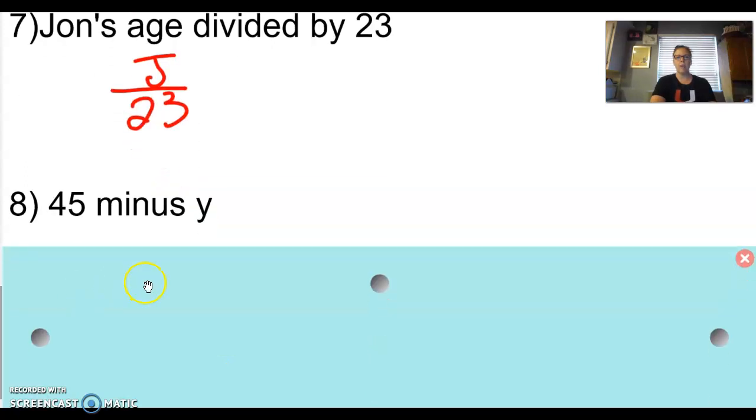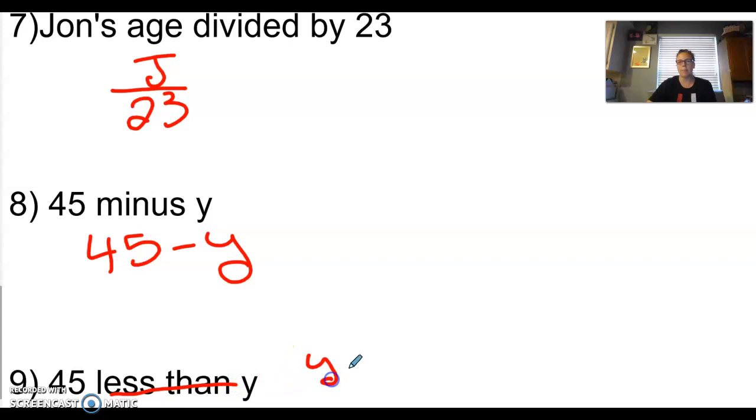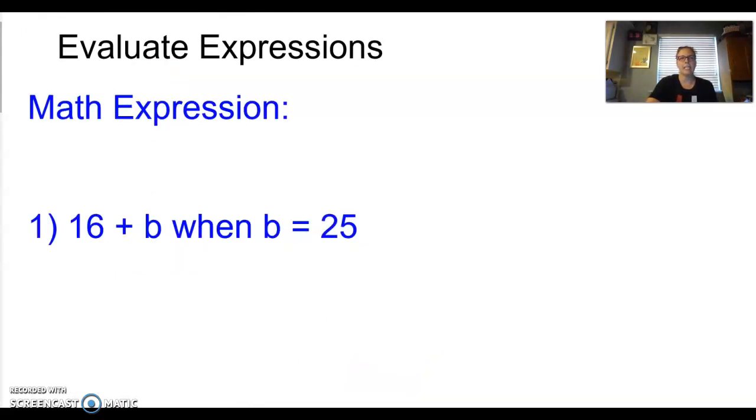Okay. 45 minus Y. So remember, you guys can pause, because I'm trying to get it done. 45 minus Y. Or the less than, remember we have to do the opposite, Y minus 45. Remember, there's a difference there. In subtraction, the order matters. Okay, last thing,